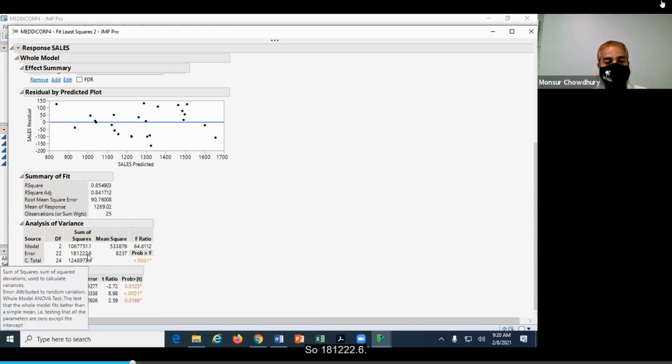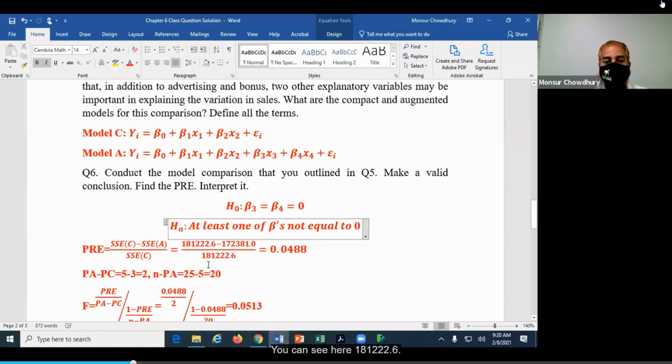So 18122.6, and you can see here 18122.6. This is our sum of squares error for the augmented model, that means this model, and divided by the sum of squares error for the compact model, and based on these calculations we get our PRE as 0.0488. So we can see only a 4% reduction in error.